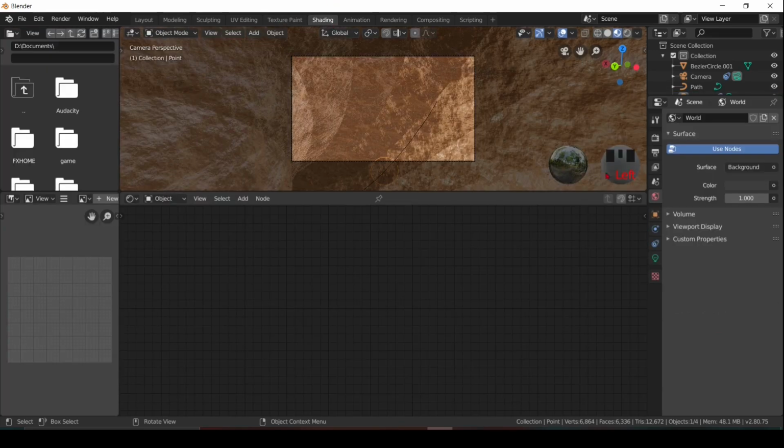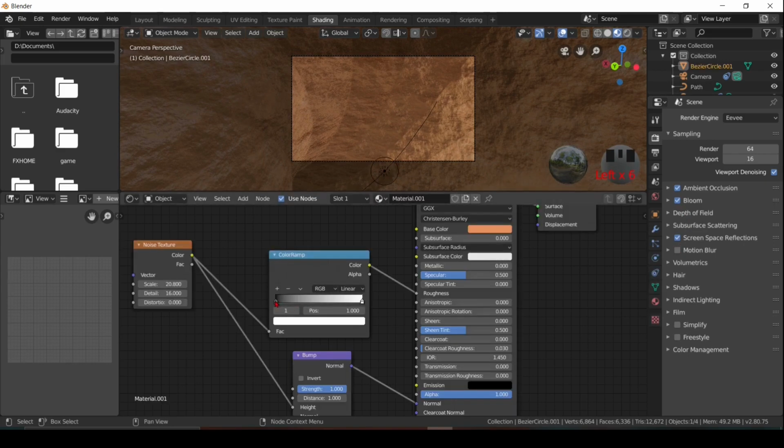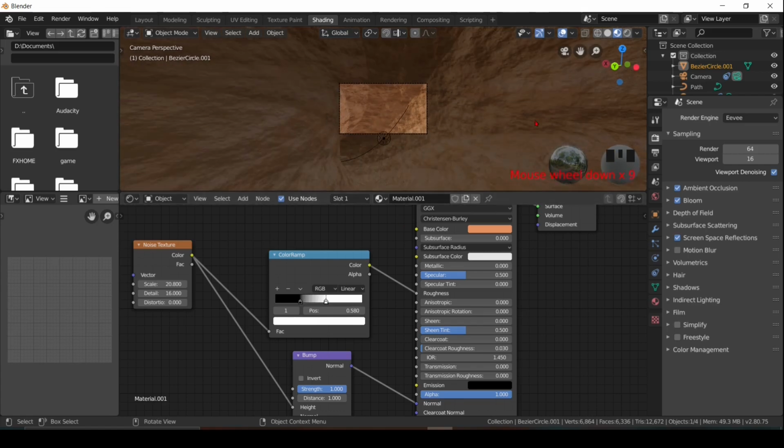Go back to the setting. Before that, go to the render setting and turn on all the three options. Click there and make some adjustment to the color wrap. And increase the metallic completely.